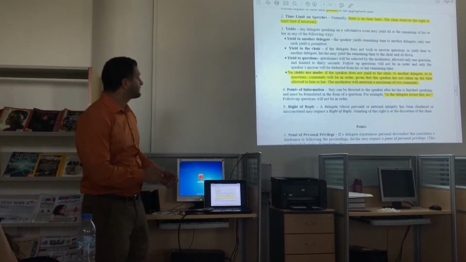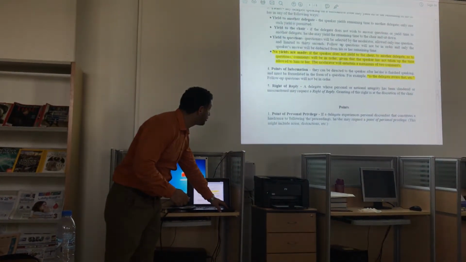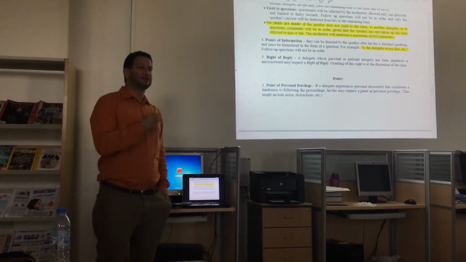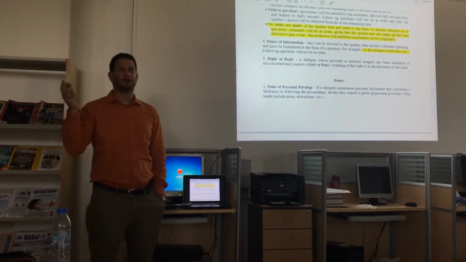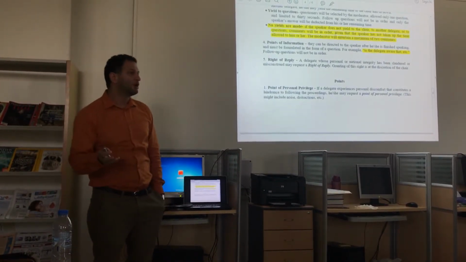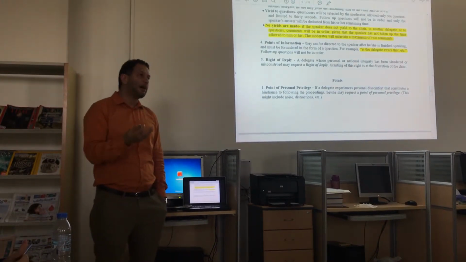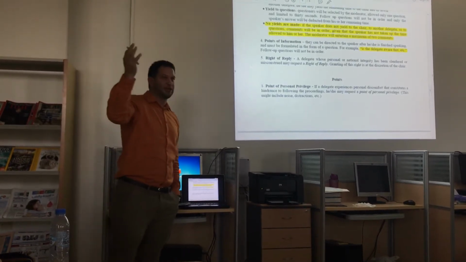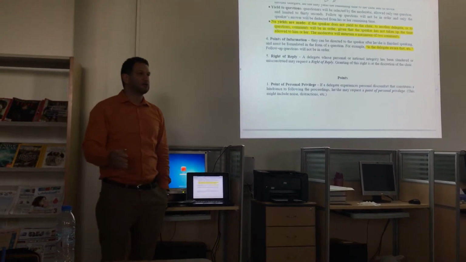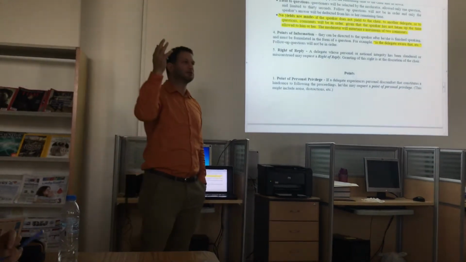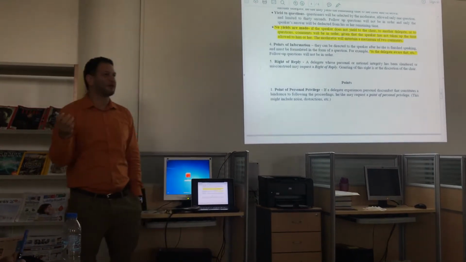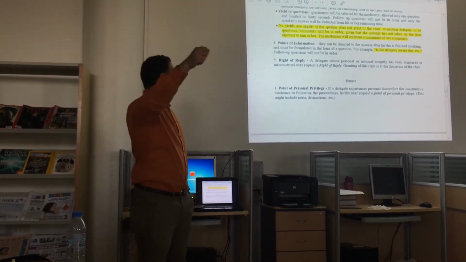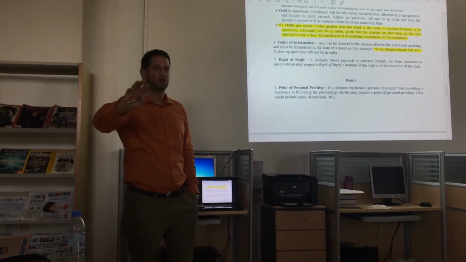Okay. What else? Point of personal privilege. Well, in reality, this happens when, for example, you're sitting in a room and it's very cold. You want to go to the toilet, but it's inappropriate for a politician. And usually there will be videoing, especially in the real UN, for a politician to stand up and say, I want to go to the toilet. It's really not proper. So when you want to do this, you just raise your black card and say point of personal privilege. They know what you want.